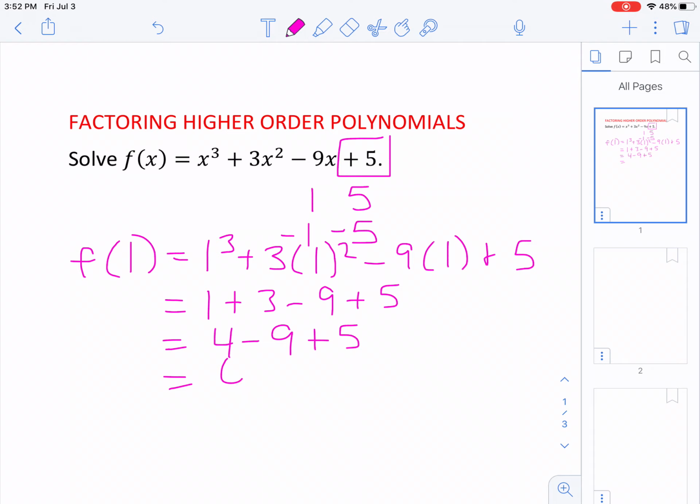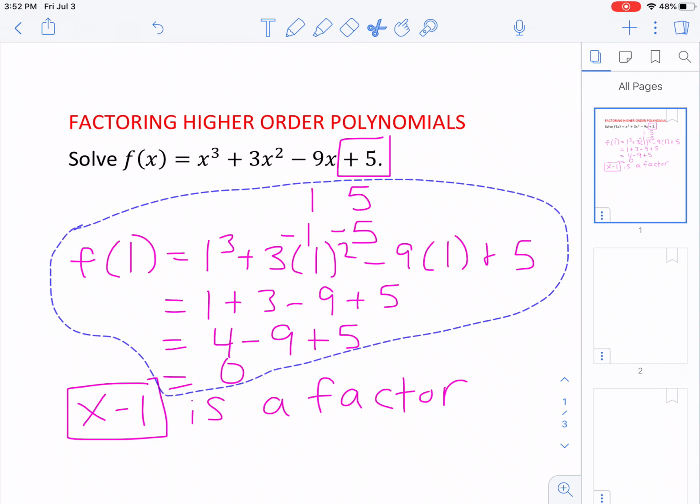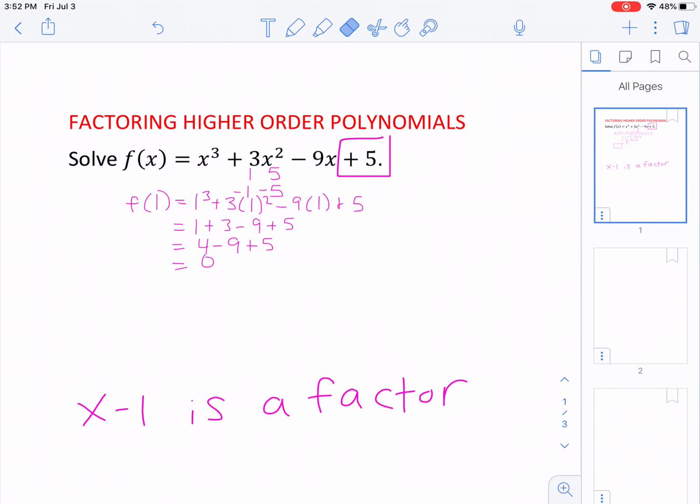So we are in luck. We just figured out that our first factor is x minus 1. You may have picked a different factor, and that's okay. But we can only say that x minus 1 is a factor because f of 1 was equal to 0. So that's using the factor theorem. And we only need 1 to start. So if x minus 1 is a factor,